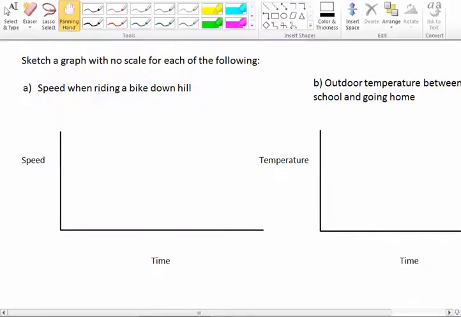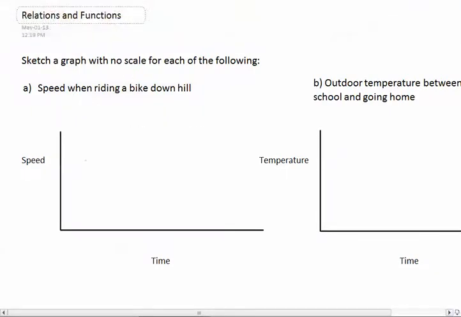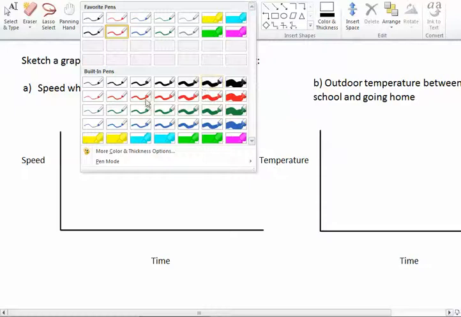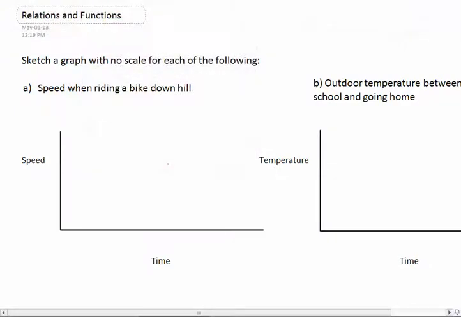Okay. Do I have any volunteers who want to come up and try drawing with this? Who wants to try drawing the speed of a bike when it goes downhill? Do you want to try? Yeah, Josh, you want to come? It's easy. I'm going to give you one of the big brushes so it's easier to see. So yeah, hold the pen. Okay? Do you see here, put the pen on the tablet and trace it. That's okay. Okay? So now go up to draw. So here, I'm just going to